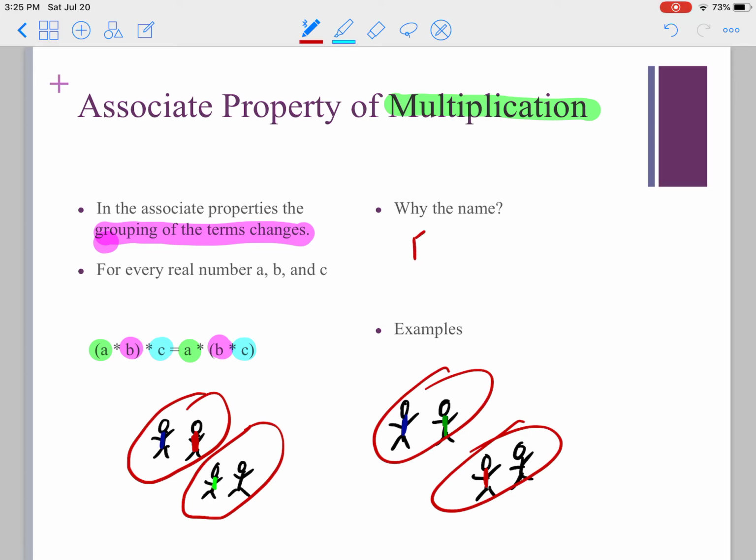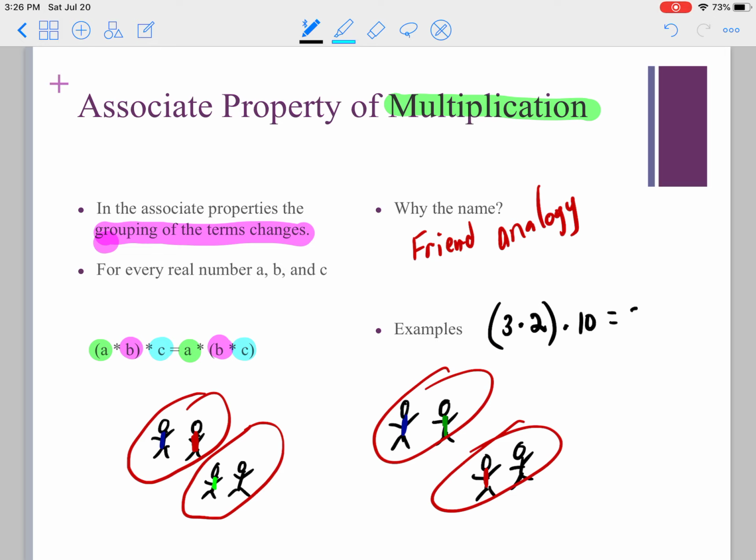So think about the friend analogy when you are making an association with the grouping of terms and how it might change and the property that you're using of multiplication. Now, as an example, we could use 3 times 2 in parentheses times 10,